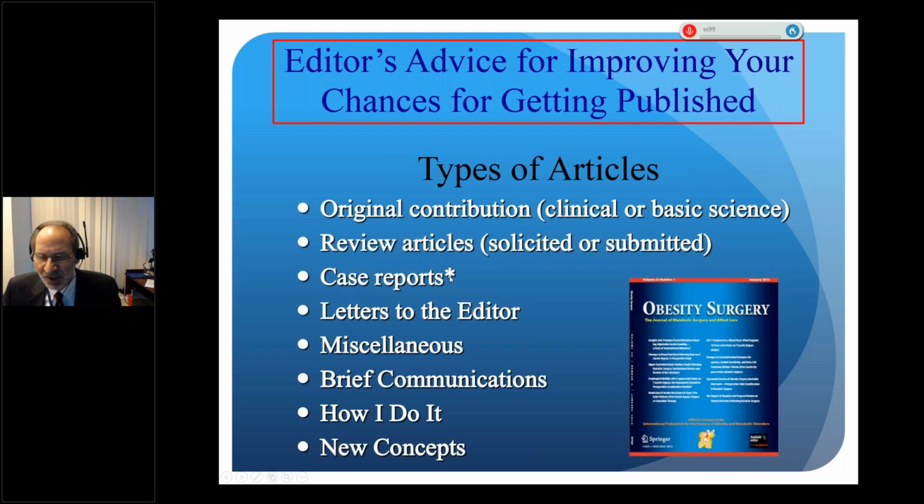Why is that? The reputation of the journal and its status is based on what's called impact factor. The impact factor is a scoring system based on how often the papers within that journal get cited in other papers that are being written or have been written. Case reports don't get a lot of citations. So for a journal like Obesity Surgery, they're wasted space. You're better off writing a review article. But there are some journals that do accept case reports.